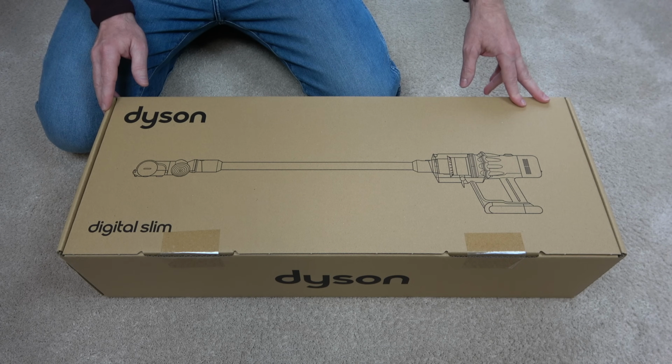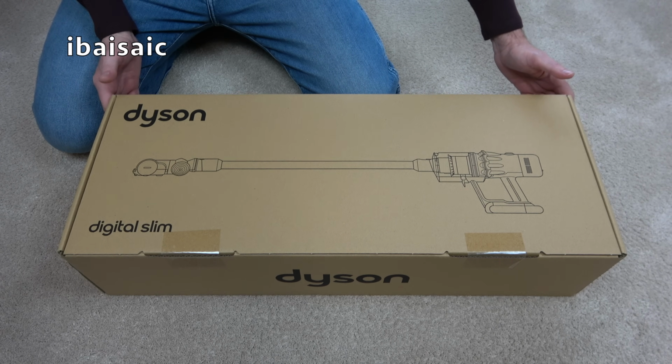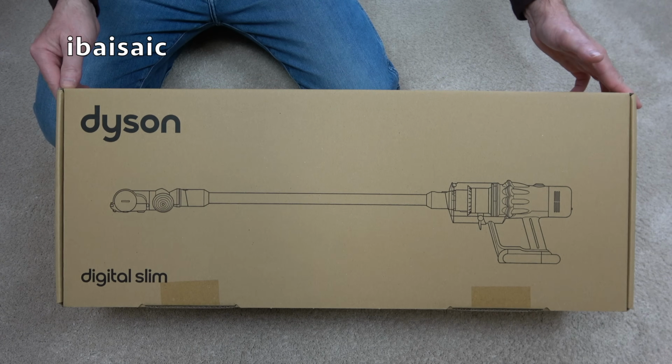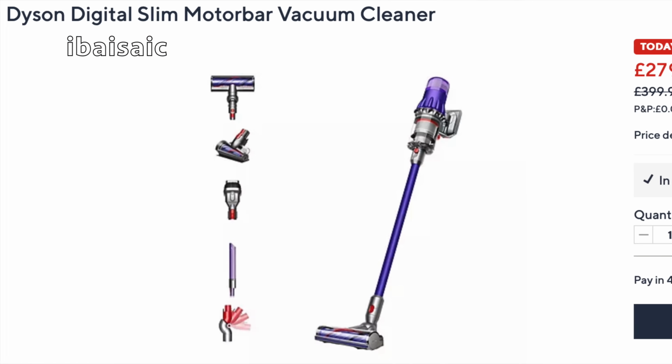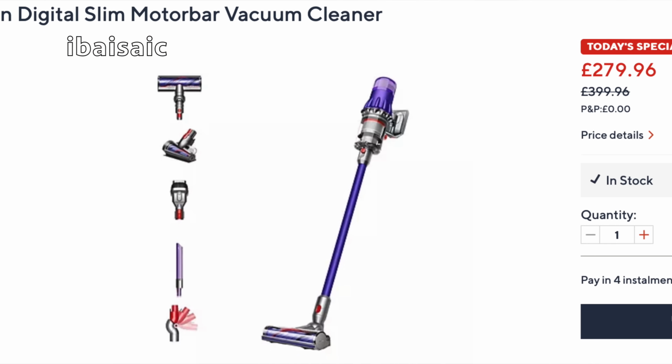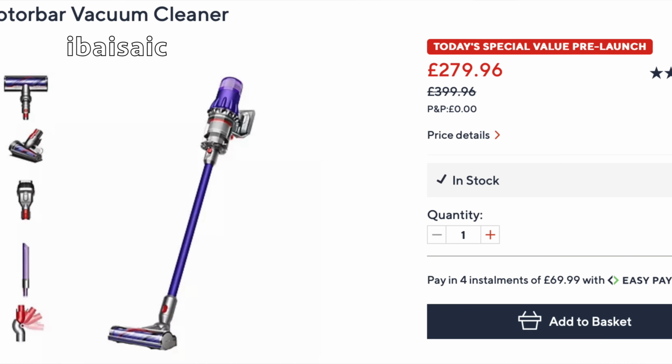Hello everyone, it's a while since I've shown you a Dyson vacuum cleaner, and this is the latest Dyson cordless, the Dyson Digital Slim. I bought this from QVC UK as a today's special value pre-launch for £279.96, normal price